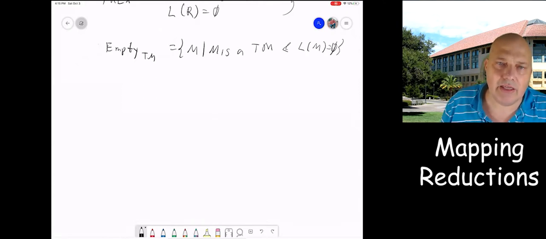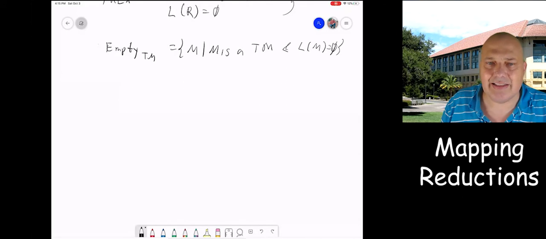Meaning that this program rejects every input, or actually doesn't accept any input. So we're asking, is this a Turing machine that doesn't accept any input? And the theorem is,